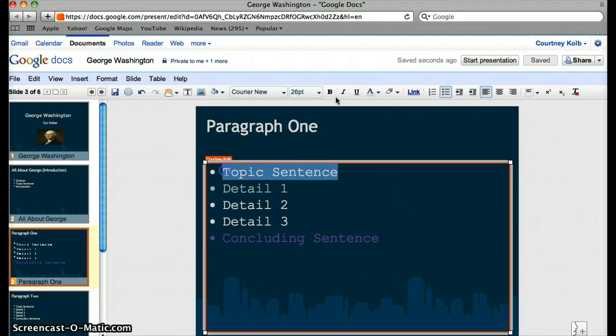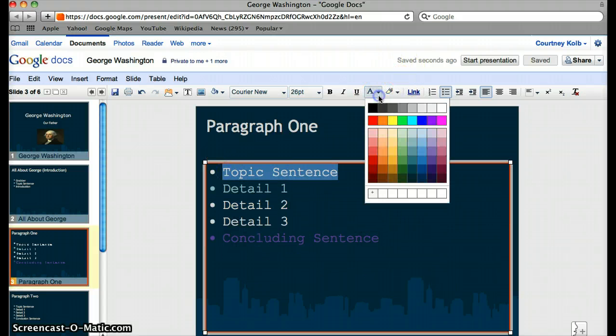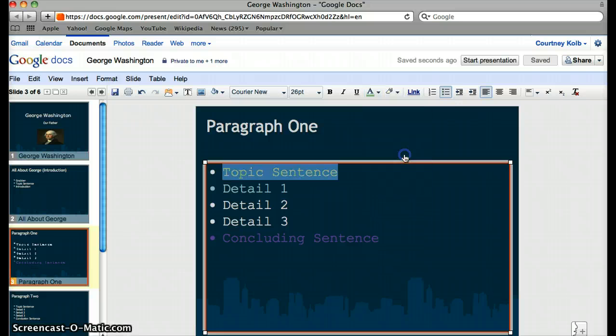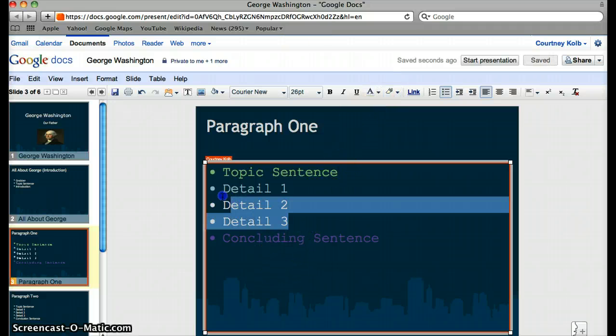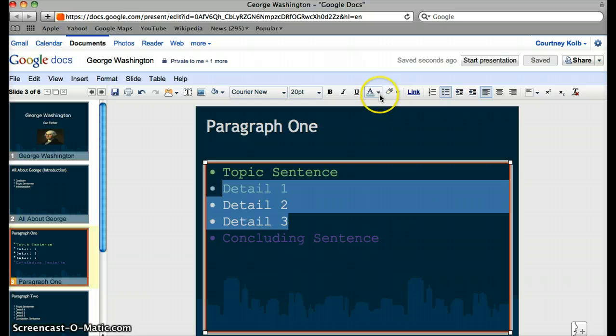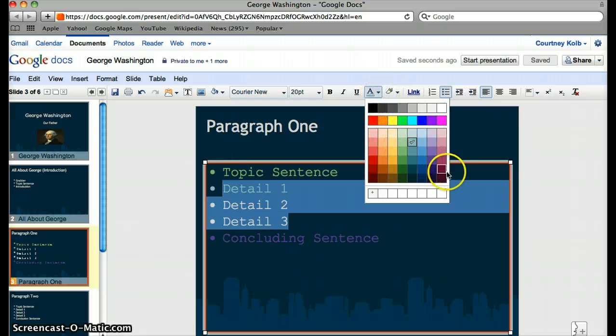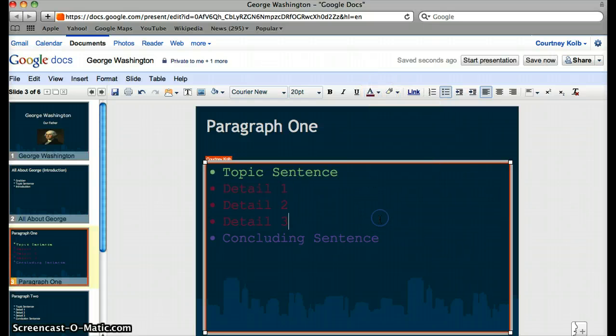Again, we can go ahead and color code in here, as you see. So we have our topic sentence, and the way I'm color coding is you highlight what you want color coded, then you go to the A tab and you choose the color you want. Okay? So you should have a topic sentence, 3 details that support the topic sentence, and then a concluding sentence